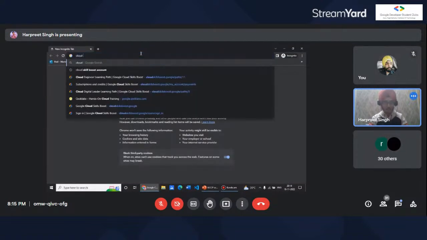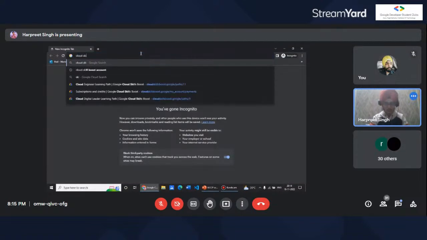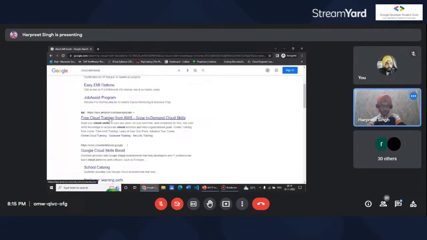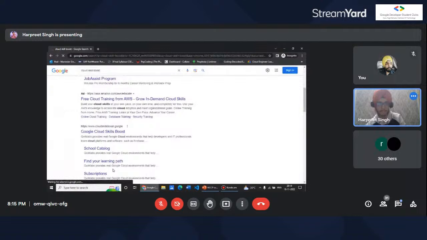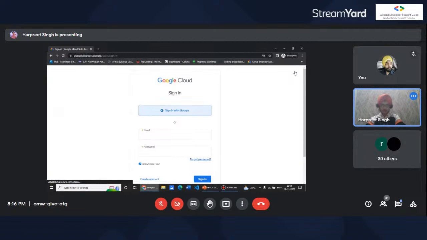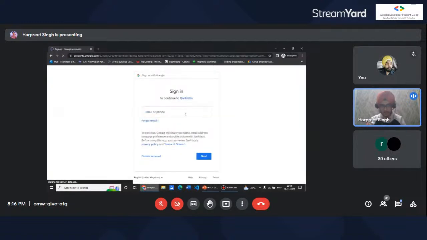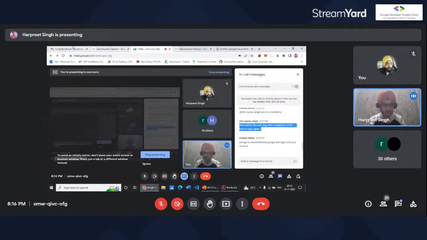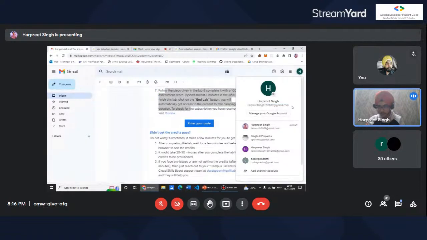I can type Cloud Skill Boost and search here. We can sign in with the account which we have used.